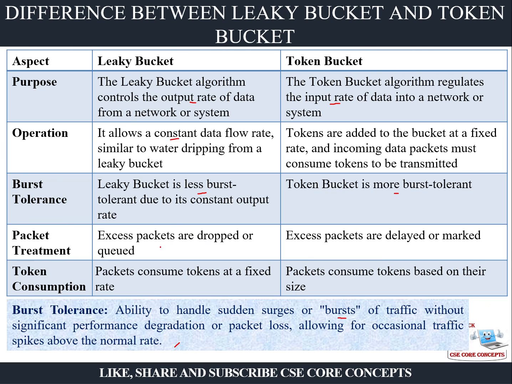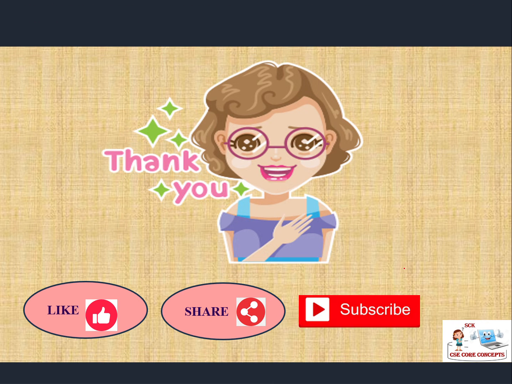Now, packet treatment. In the leaky bucket, excess packets are either dropped or queued, and in the token bucket, excess packets are delayed, or you can mark them, or you can enqueue them and let them wait. And for token consumption, in the leaky bucket packets do not consume tokens, they just come out at a fixed rate, that is the leak rate, which you can consider as a token. But in the token bucket, packets consume tokens based on their size. So I hope you understood this algorithm, and basically the difference between the leaky bucket and the